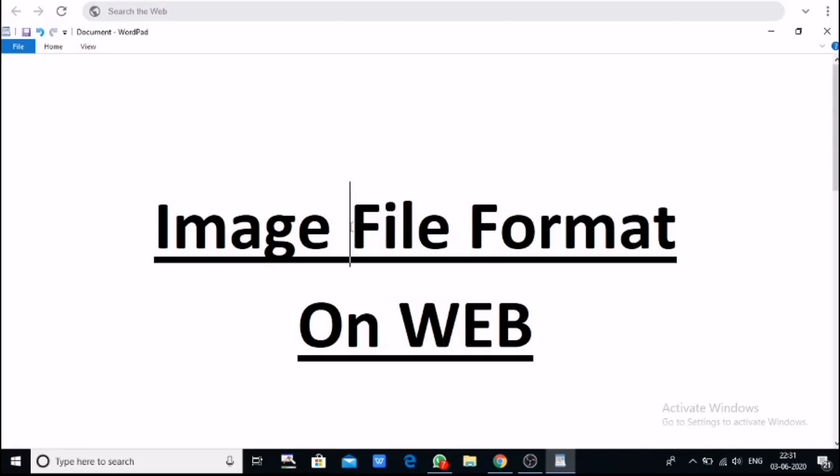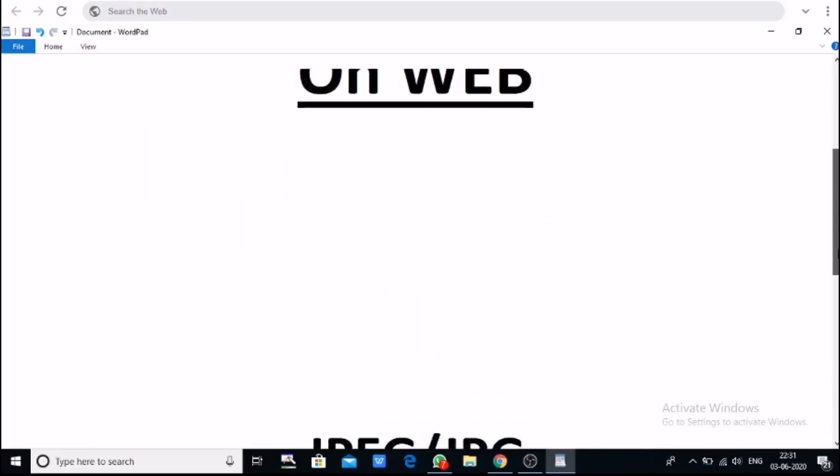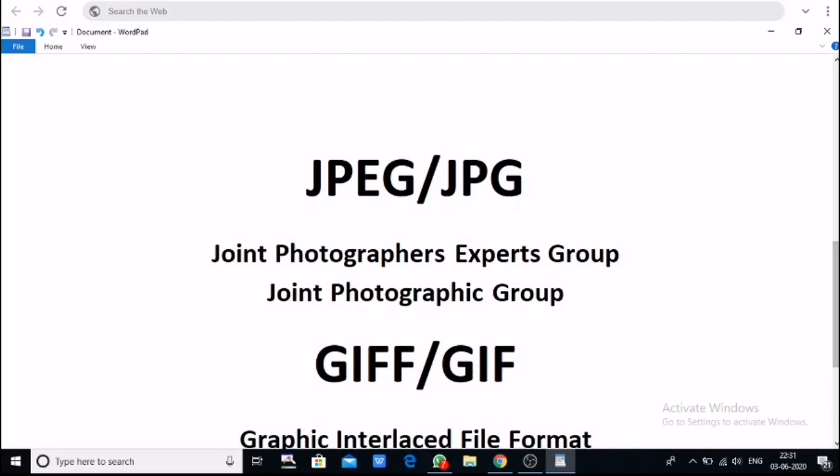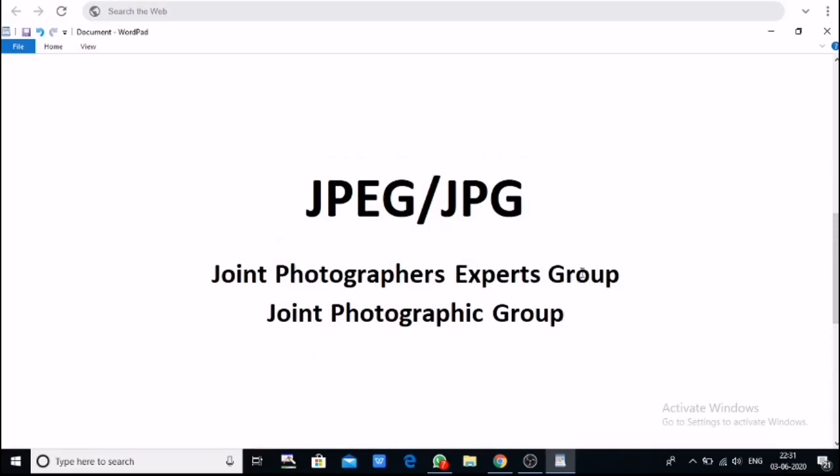On the web there are a few formats which are supported on the World Wide Web. The very first one is JPG. This JPG is actually JPEG, which means Joint Photographic Experts Group.